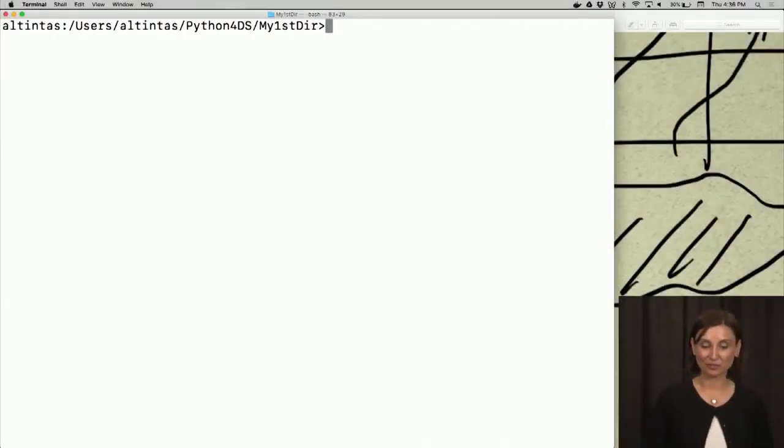So here we are at my shell again. We have our terminal open. Let's start our pipes and filters live coding session by remembering what we have done last time. Remember, we had the file fruits.txt